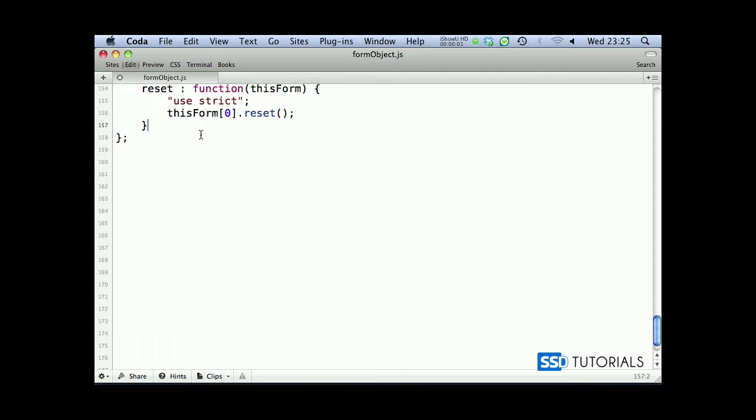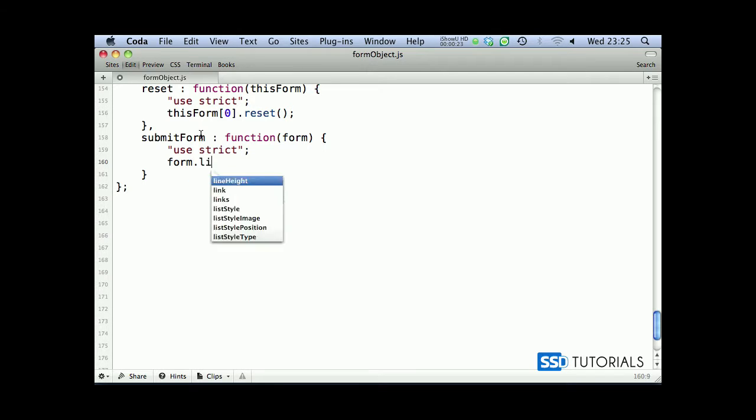Our last method is called submit form. So come after the reset one, submit form function, and we take the form as parameter. Use strict to start with, then we go for form.live, and we look for submit event, then function e